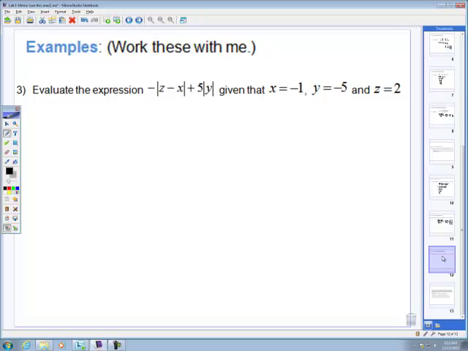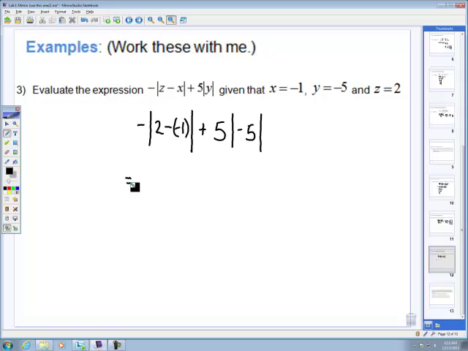So plugging in for each of our variables, we have negative times the absolute value of z, z is equal to 2, minus x, x is equal to -1, close absolute value, plus 5 times the absolute value of y, y is -5. Okay, once we've carefully plugged in for each of our variables, we just have to clean up the resulting order